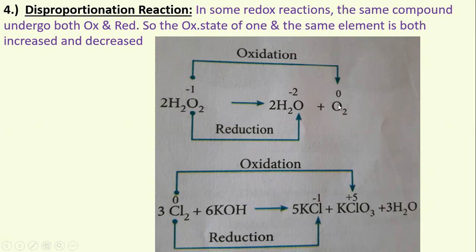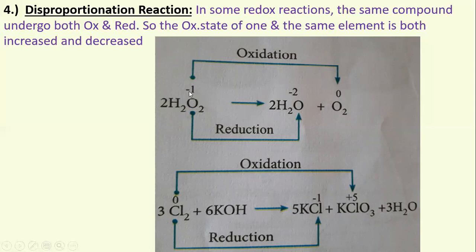So this form is said to be a disproportionation reaction. Here we are taking the same compound and it undergoes oxidation and also the reduction process. We all know an increase in oxidation number is oxidation, and a decrease in oxidation number is reduction. Both are taking place. But here what happened? One and the same element, oxygen in the reactant side and oxygen in the product side, will have different oxidation numbers. You understood?